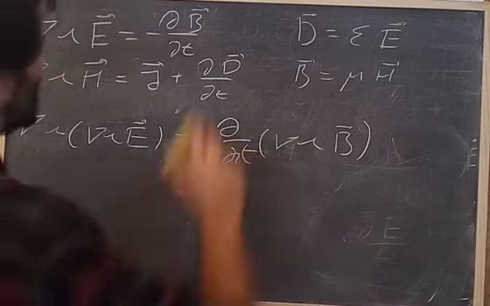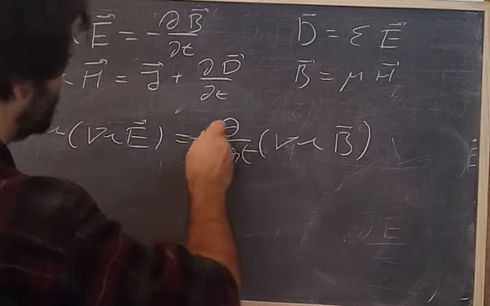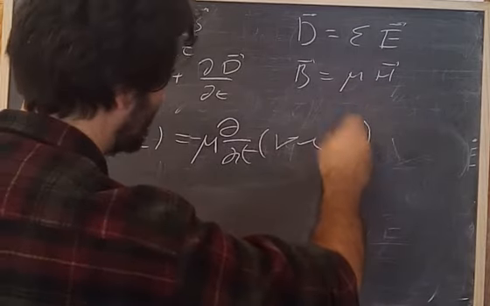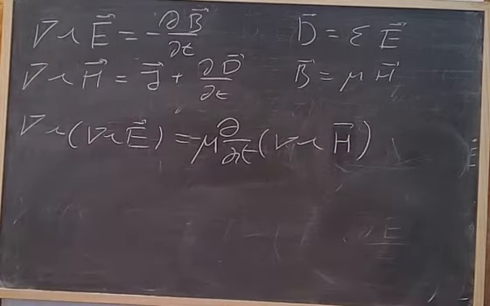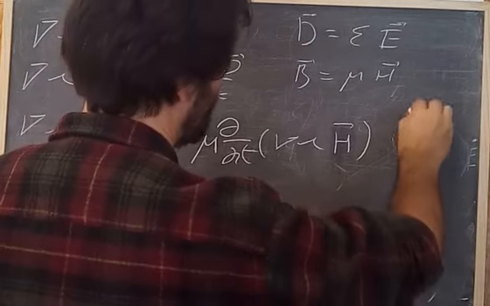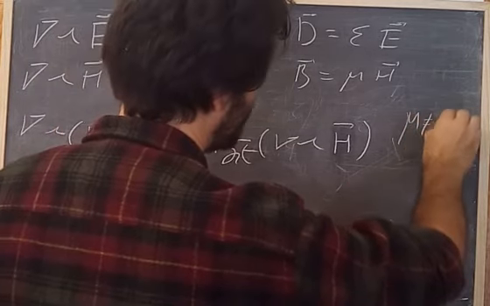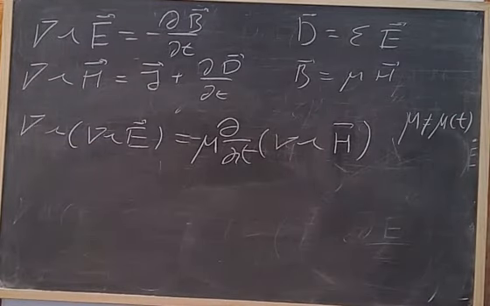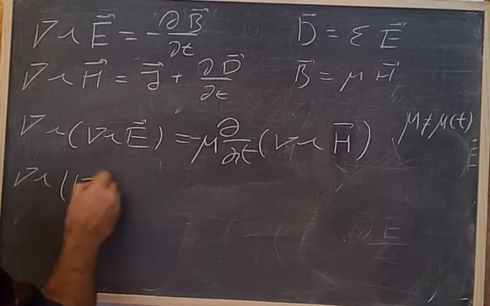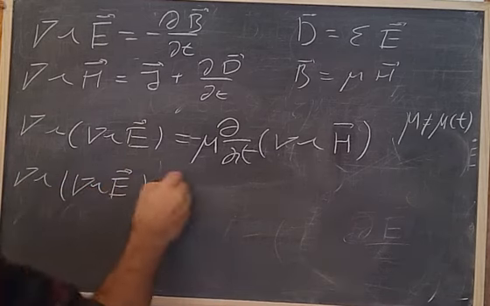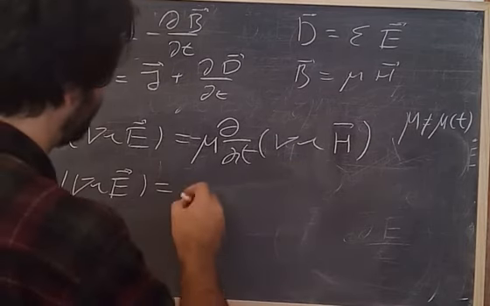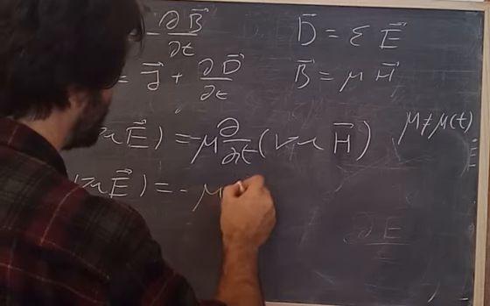in that case, you suppose that the magnetic permeability doesn't depend on time. What else? Now, we'll write here this equation. So I can write this